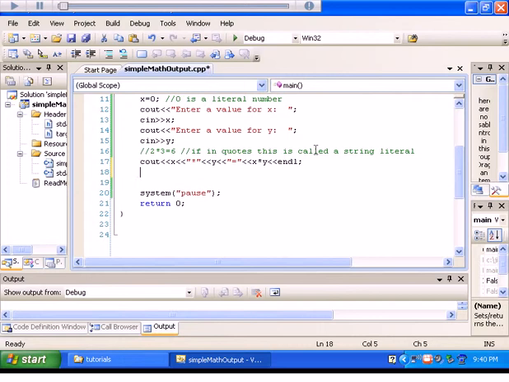Common within programming, especially computer science, is a concept which we call the modulus. The symbol for the modulus is the % sign. So I'm going to give you an example of the modulus. I will say cout 25 % 6